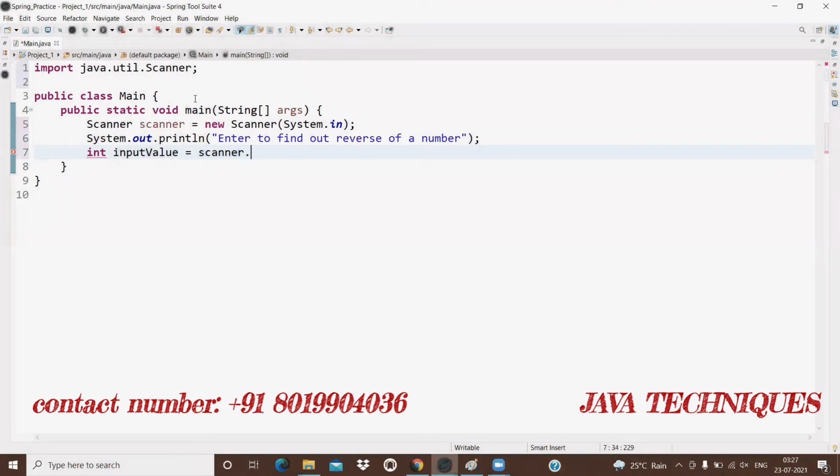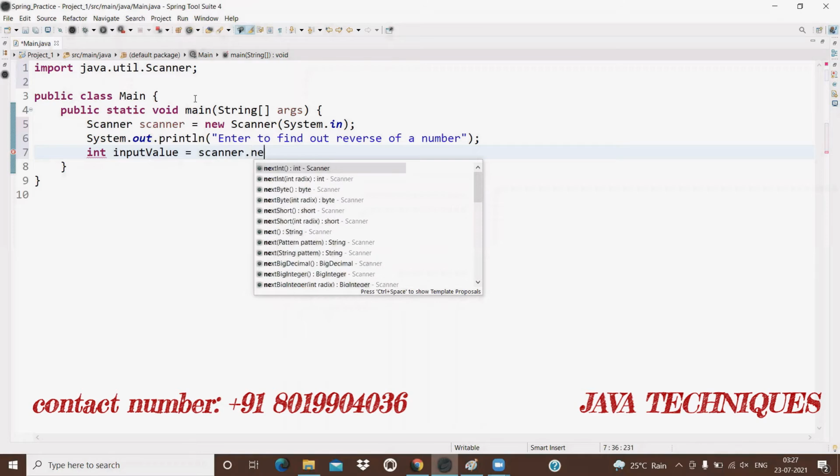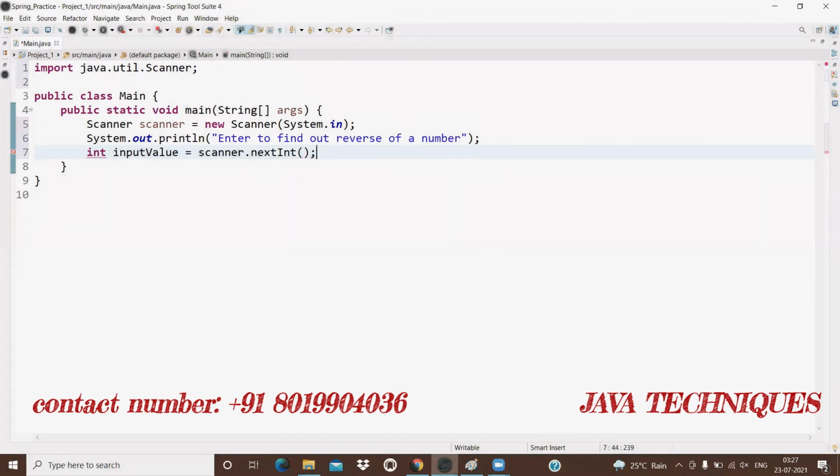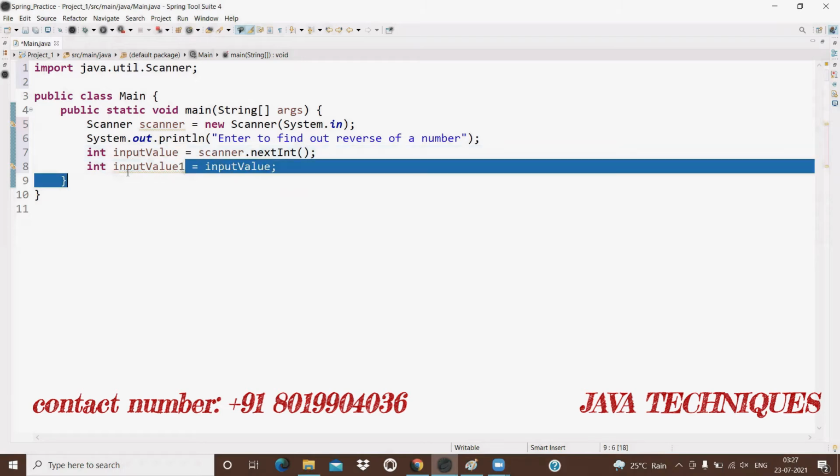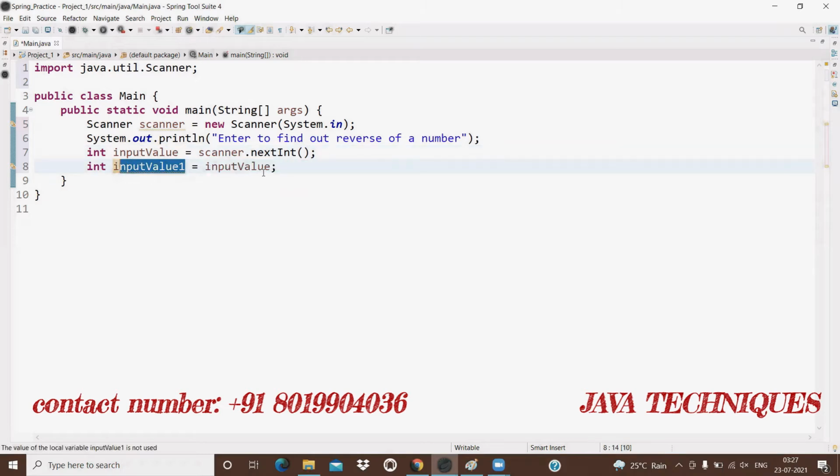To read integer data from the keyboard using the Scanner class, there is a method called nextInt. This variable input value 1 is used for comparison purposes at the end of the program. Whatever value we read from the keyboard is stored into one more variable, input value 1.